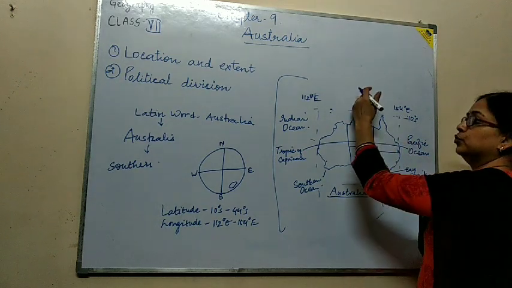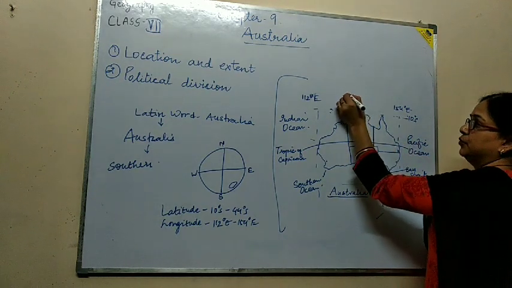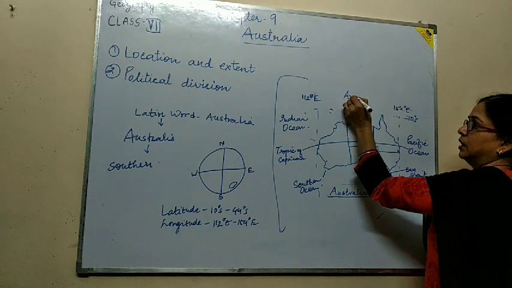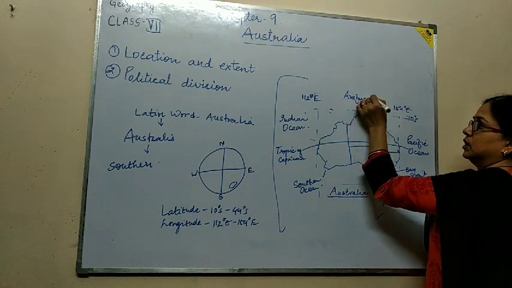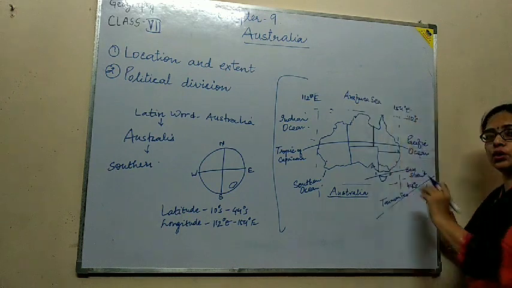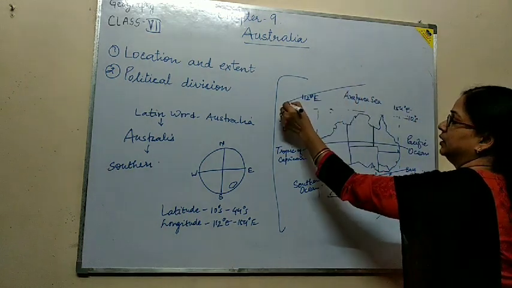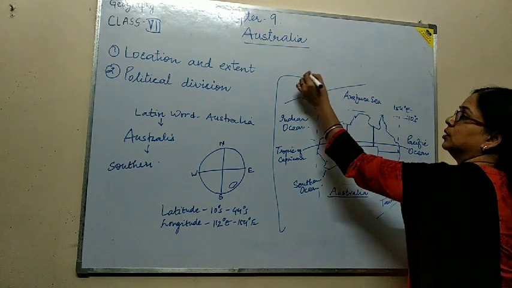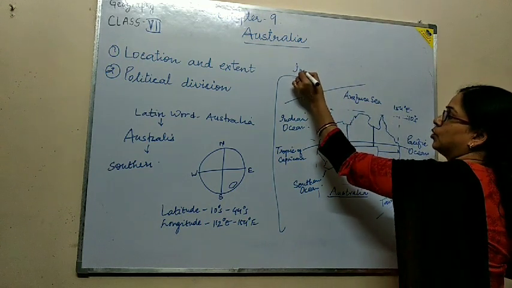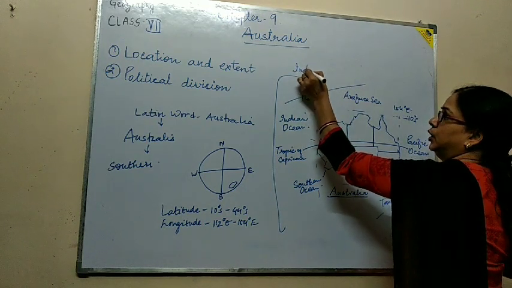Then when we move towards the north, the Arafura Sea is there, towards the north of Australia, and it is separated in the northwest from Indonesia